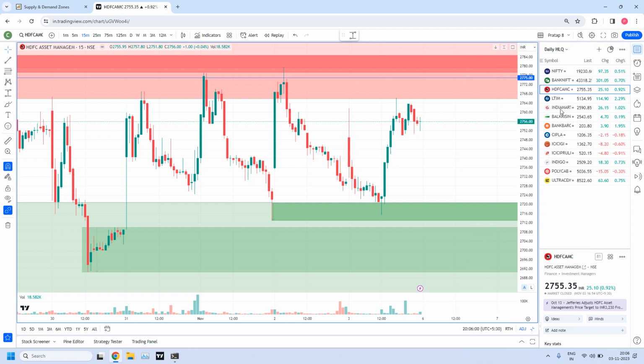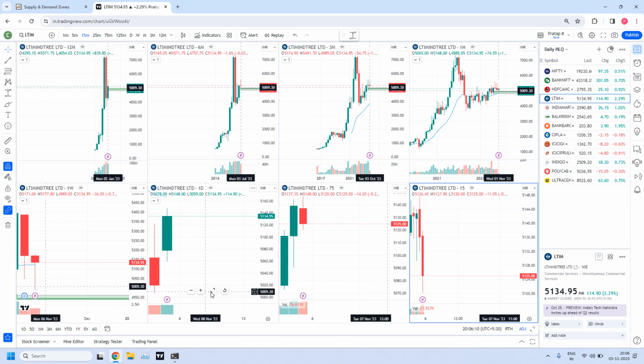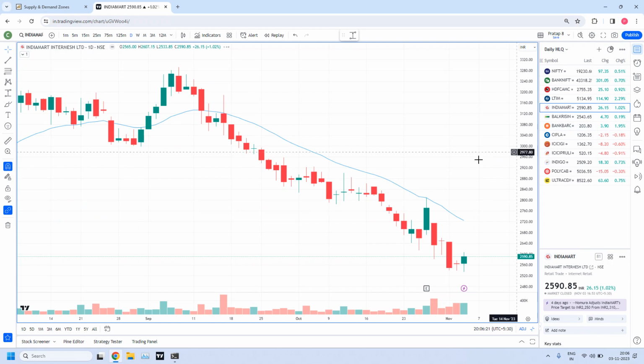So this is about HDFC. The next one is L&T Mindtree. So let's go to the daily time frame. Yesterday it was near to the demand zone, but it didn't reach the demand zone. We didn't get an entry. Let's move on to